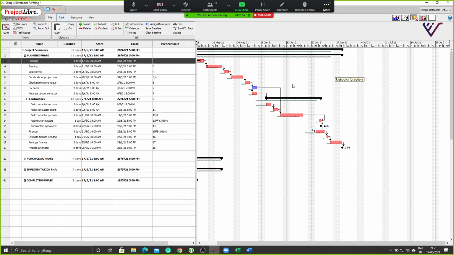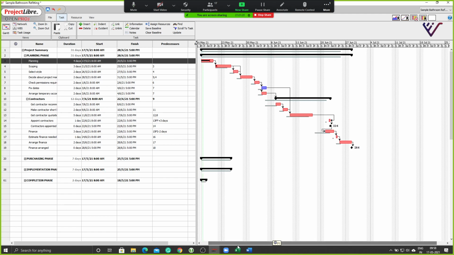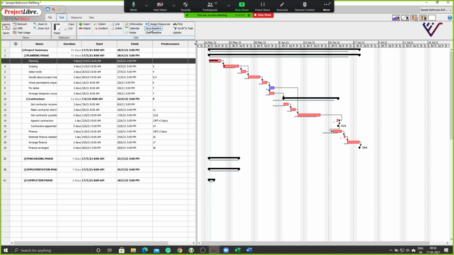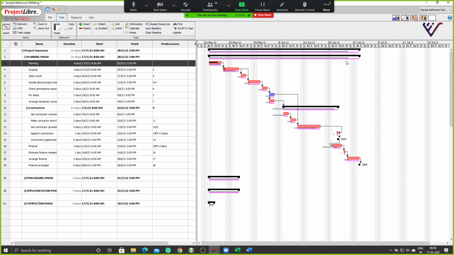Now this is the new baseline, and I want to consider this as the new baseline for my project going forward. So what I will do is I'll come to baseline again. Under save baseline, I will now use it as the new baseline, baseline 1, or I can create my own custom name, but I'll give it baseline 1, and I'll say this should apply for the entire project. I'm going to say OK. So now you notice it's showing me the gray baseline, and it's also showing me the magenta baseline. So magenta is now the new baseline.